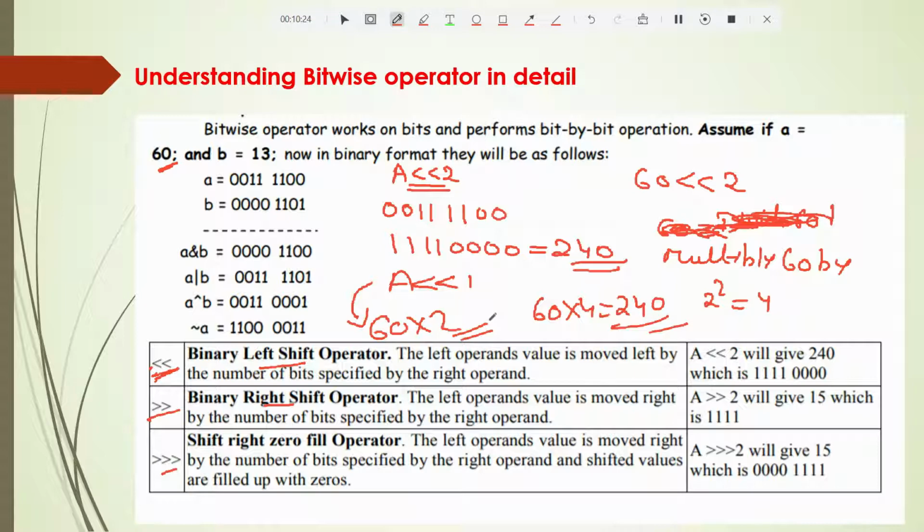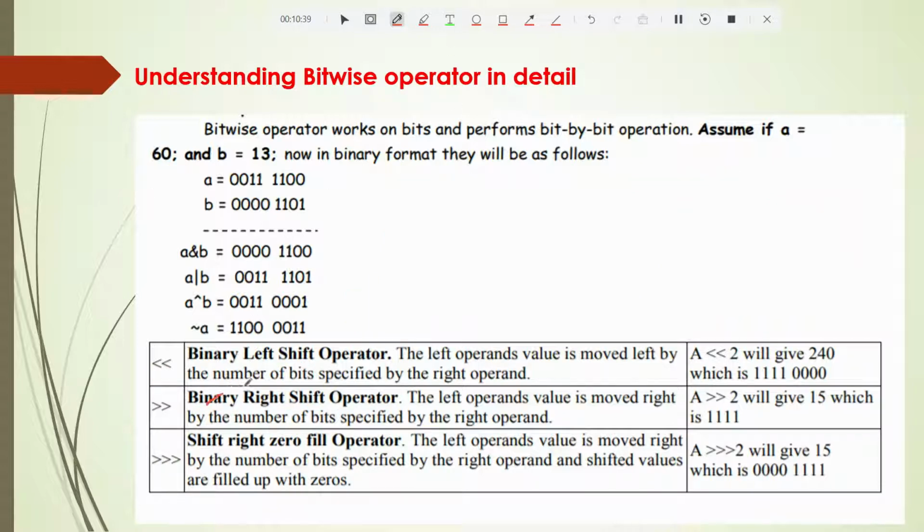Now students, by understanding this concept, we should know about binary right shift. Left shift is exactly opposite, which is nothing but divide. Our 60 is 0 0 1 1 1 1 0 0.